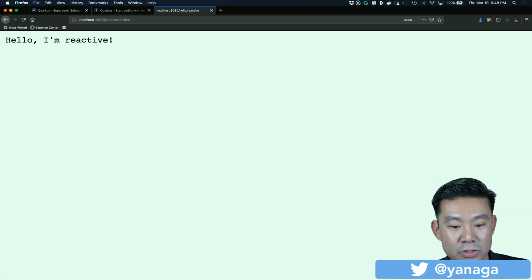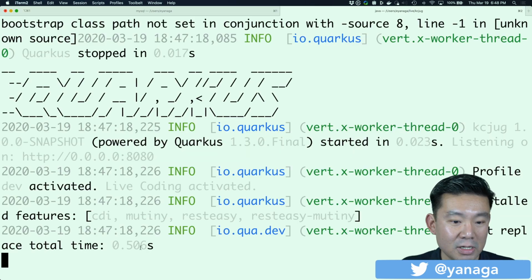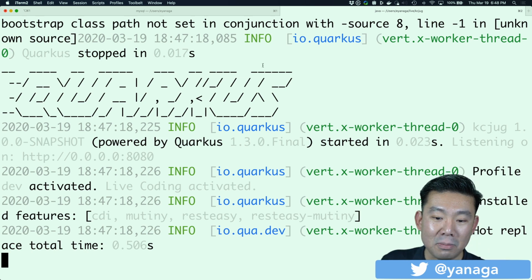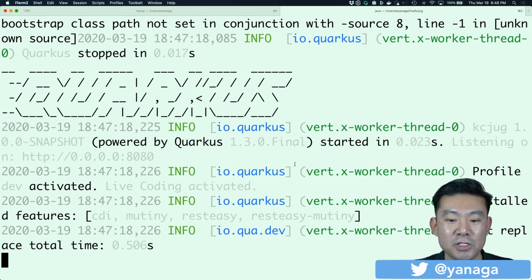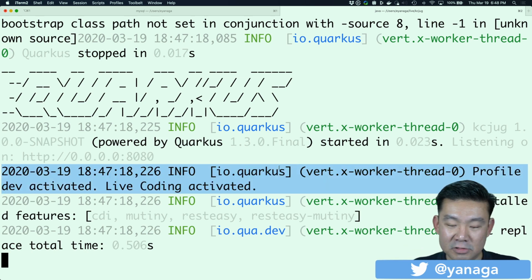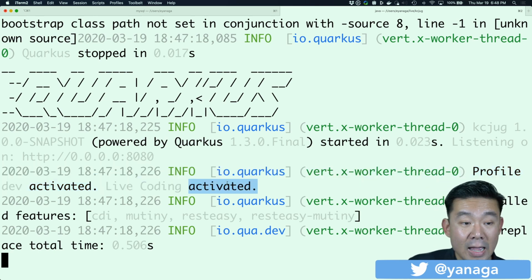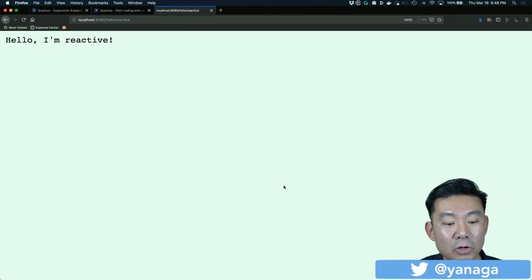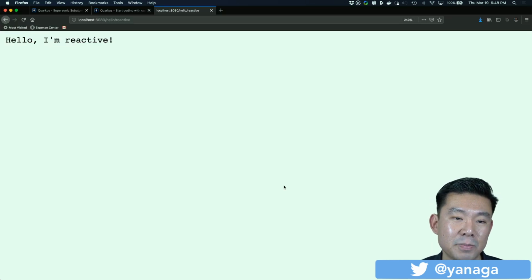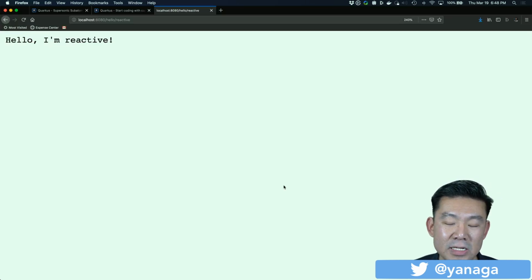So you can see that right now Quarkus restarted again in 500 milliseconds, which we could consider is pretty good for development. Actually, I would say that anything sub-second with your development, like just saving and reloading, should be quite productive enough. And some people might be arguing that, well, Quarkus is so fast because you're only doing a very simple demo. It's just static strings, and no enterprise Java application is just enterprise enough even if you don't add a database. So let's try to add a database to our project.